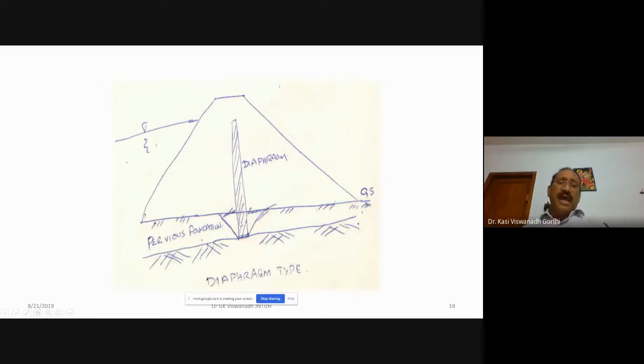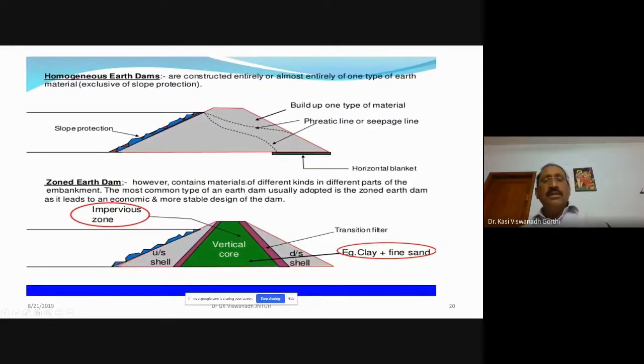Another type of dam is the diaphragm type of dam, where from the body of the dam, this impervious diaphragm will be extended into the foundation. This is what is called the central diaphragm. So you have different types, and all the time we try to see that the top flow line does not cut the downstream slope, for which we provide a drainage filter at the downstream toe.